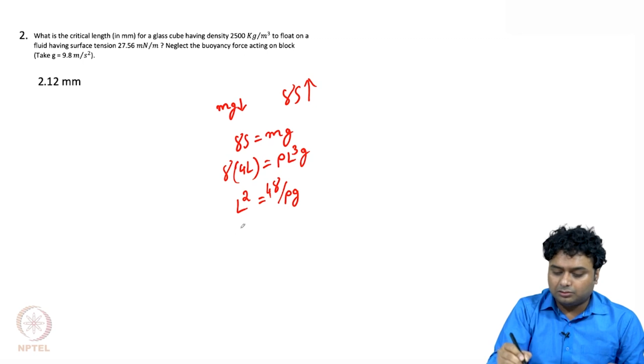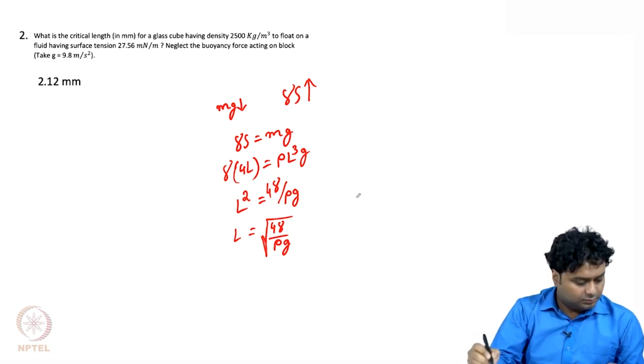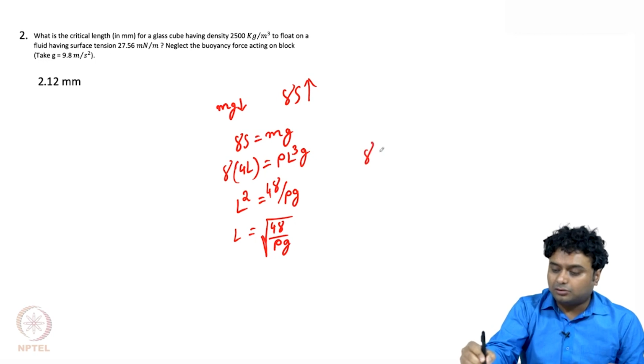Or L equals the square root of 4 gamma by rho g, and if we put gamma equals to